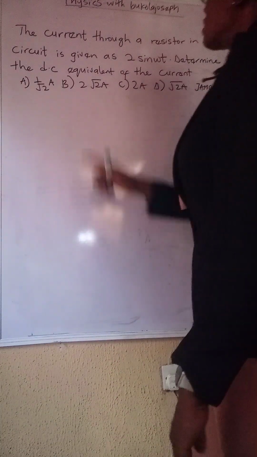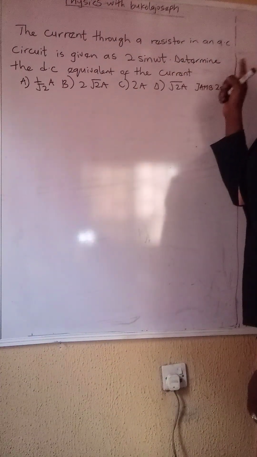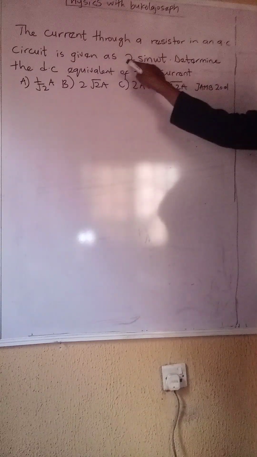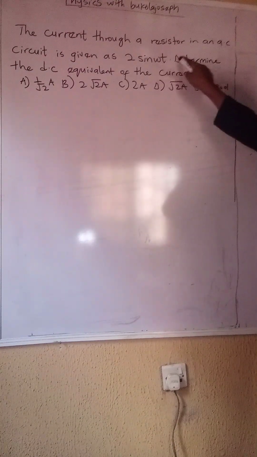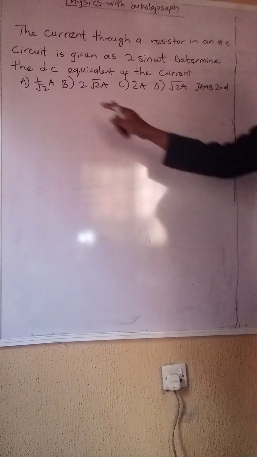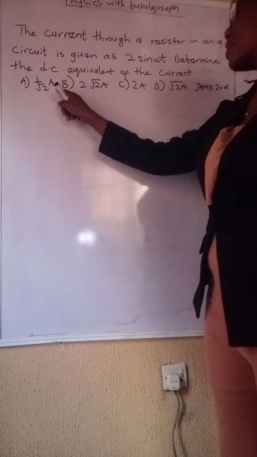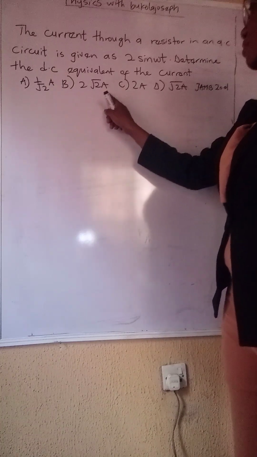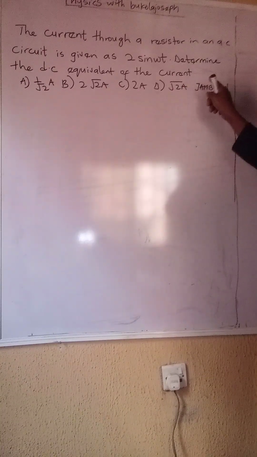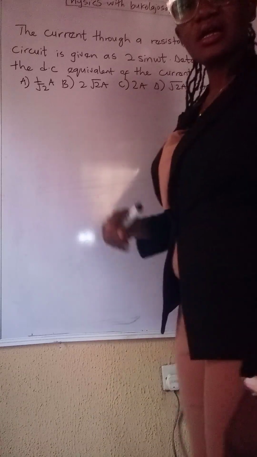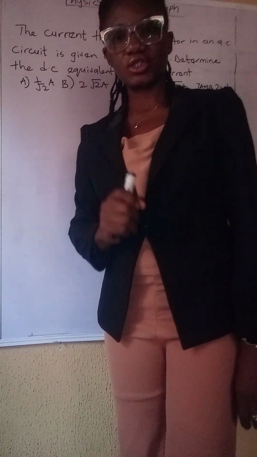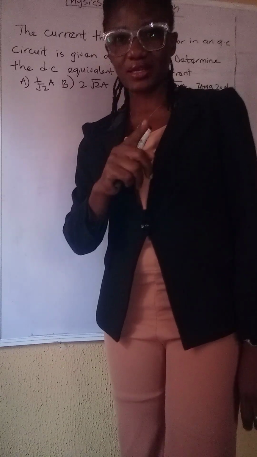Let's read. The current through a resistor in an AC circuit is given as 2 sine Wt. Determine the DC equivalent of the current. A. 1 over root 2 ampere. B. 2 root 2 ampere. C. 2 ampere. D. Root 2 amperes. JAMB 2001. Now, if you look at this question, you will know that this question is on the topic simple AC